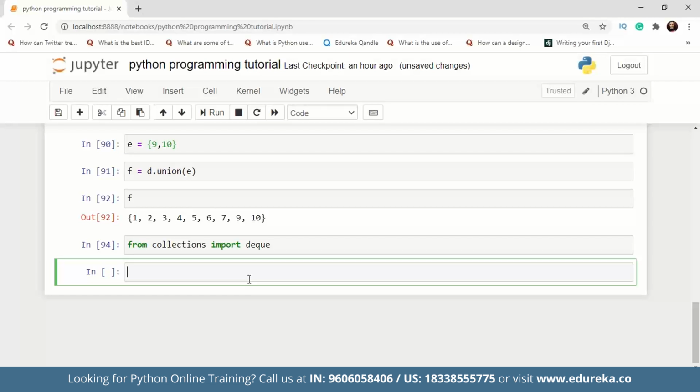Basically, whatever problems we had in the basic data types, advanced data structures are solving those problems. If you take a look at the tuple I discussed, there were only two methods: one was to get the index of a value, and the second was to count. Namedtuple basically assigns a name to each tuple value so that you remember the value that you have to fetch from the tuple.